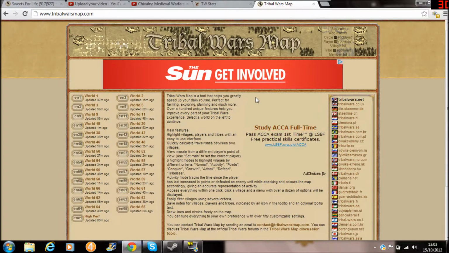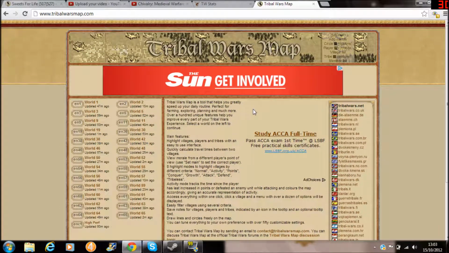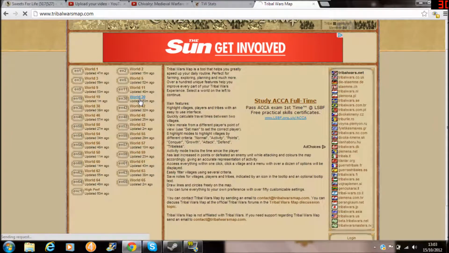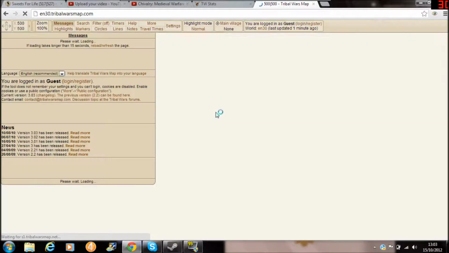So this is the other one. This is a bit controversial. You know, some people think this is sort of cheating. They kind of think that it's, you know, whatever. So let's go on to world 30, for example. Now, as you can see,